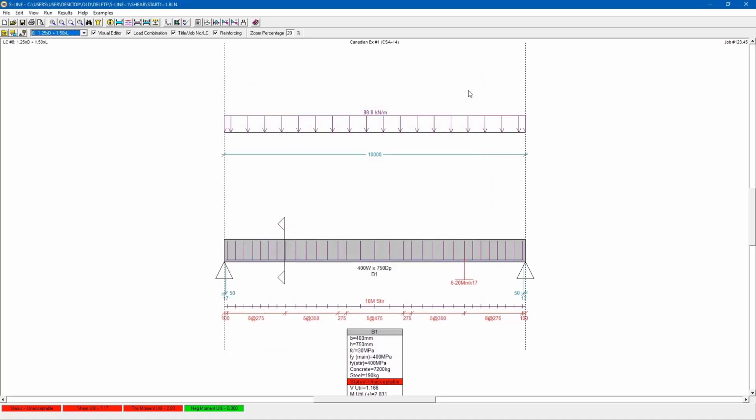Now I've gone ahead and calculated what sort of reinforcement will be required to meet these demands. This is obviously something that would require an iterative process, which S-line is great for, but to make this video a little bit more succinct, I'm just going to enter those reinforcement requirements. So I'll go to the Edit menu, Member Reinforcing,